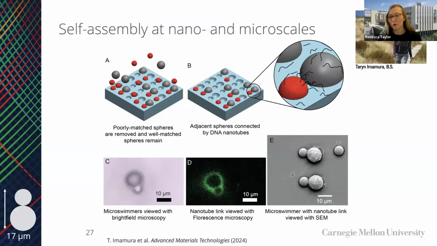So we can actually get a more monodisperse outcome than you would expect from the input materials, right? And we use DNA to link them together, right? And so you can see our little duck-like swimmers where you've got the magnetic particle, the non-magnetic particle, and you can kind of see a collar there. And this is lots of nanotubes linked together,